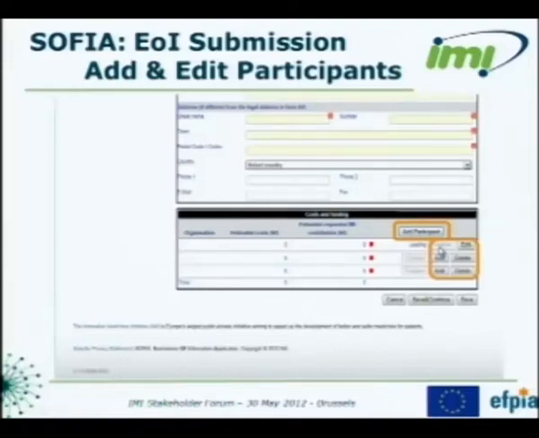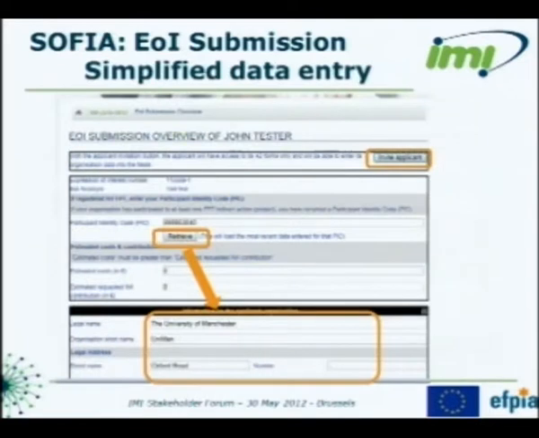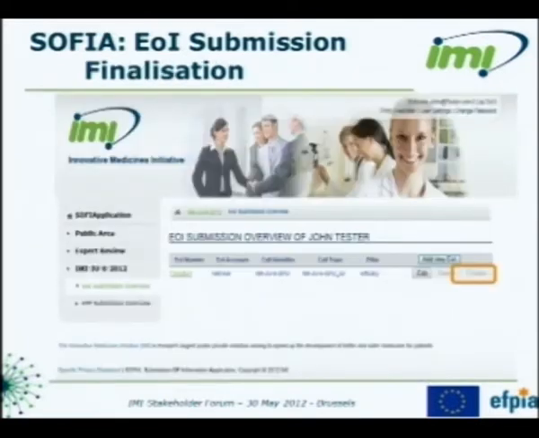So you will see the Finalize button for each of the participants. It's very important that the coordinator finalize each participant. It means that he opened, he saw the information provided, and he confirms. After all participants are finalized, this screen will turn, the flags will turn green, and the next step for the